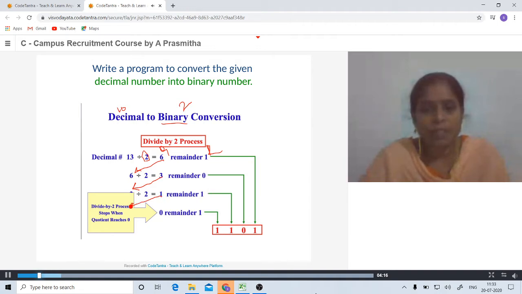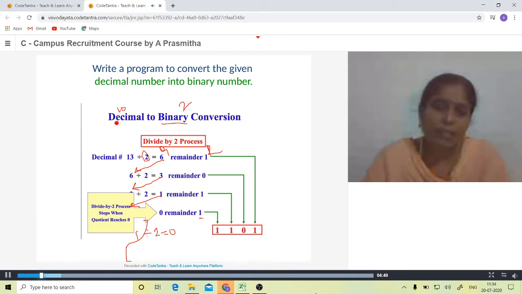Again 1 is taken as the next number, and 1 divided by 2 is 0 and the remainder is 1. So these remainders are written from left to right. This is how we can convert a given decimal number into binary.